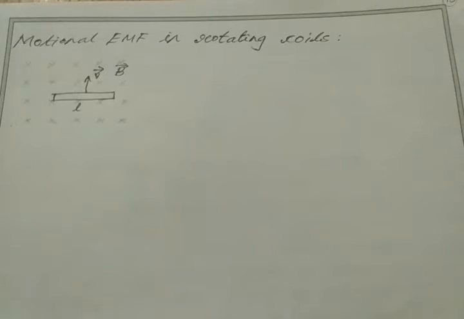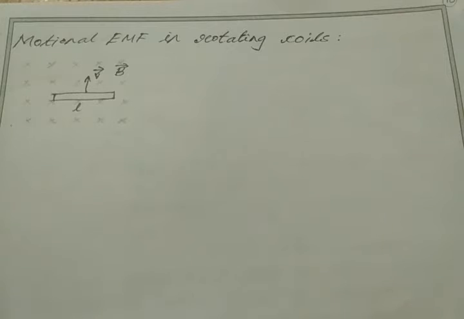when EMF is produced in a rod, then it behaves as a battery, right? In one class we solved some numericals and decided which place of the rod is the positive terminal and which place is the negative terminal. So the rod behaves as a battery. Why? Because a battery only provides EMF, only provides voltage, right? So when the rod moves in a magnetic field, an EMF is induced in that rod, which means the rod behaves as a battery. So that rod has one positive terminal and one negative terminal, right?